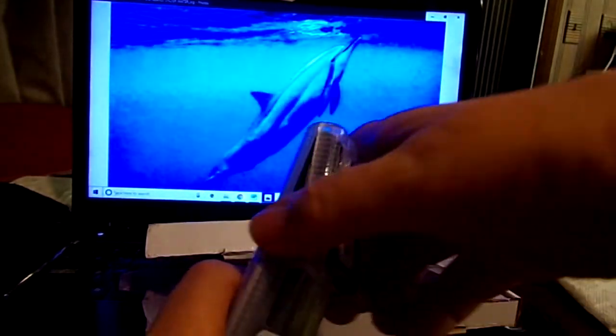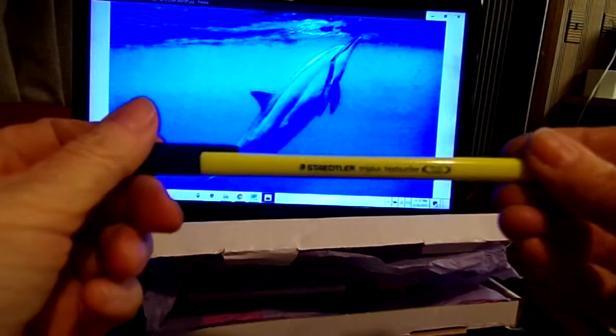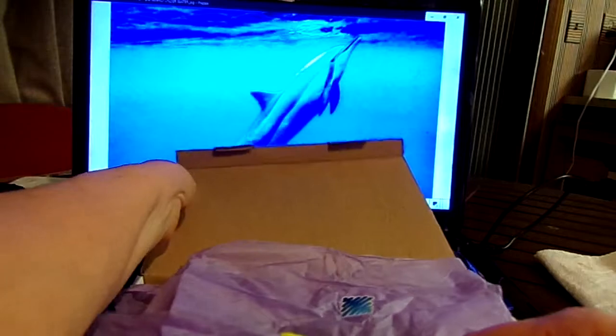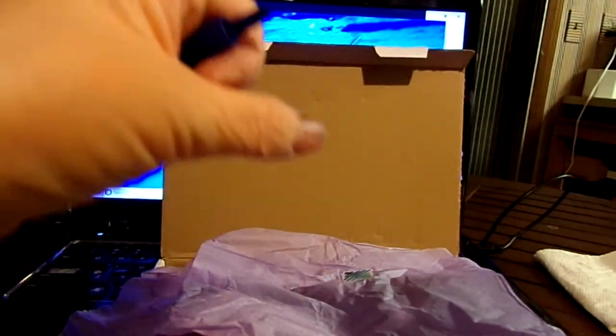Let me see here. Like I said, I've already opened it. And we've got the highlighter. Here's the highlighter. Move this up a little bit so you can see the highlighter better. Come on now. Sit up. There we go. You see that? That's the tip on that one. Then we've got...